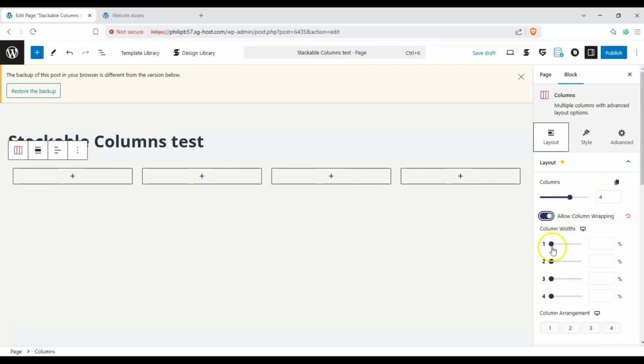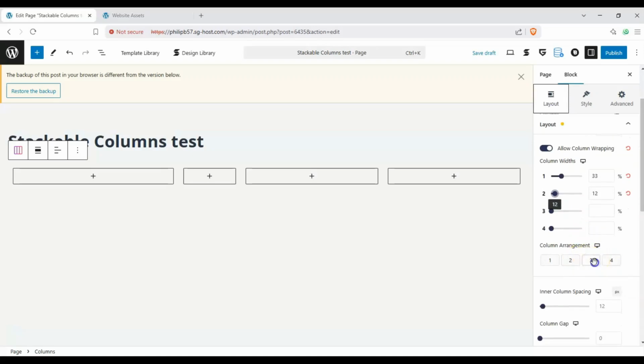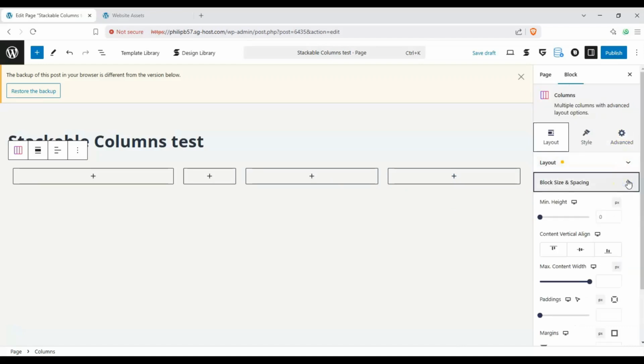We can do column wrapping, and then we can change how wide they are here by percentage, right? And then we can also change the arrangements. Just drag and drop those, right? If you wanted to do that. And we can also change how it looks on desktop, tablet, and mobile. Next, let's go ahead and take a look at,